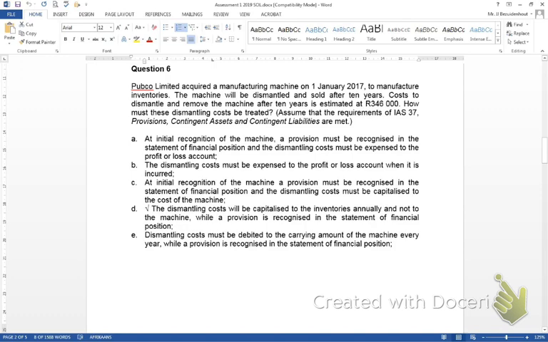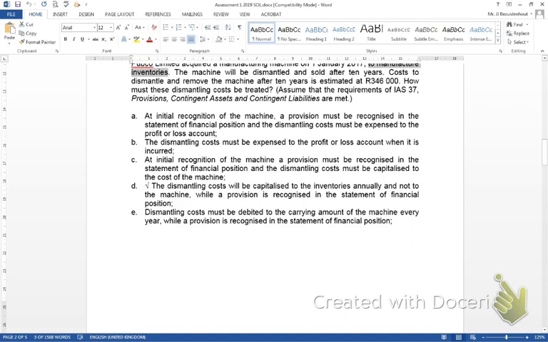Now, in this case, the question stated very clearly, Pubco Limited acquired a manufacturing machine on 1 January 2019 to manufacture inventories. Very, very important. Let's just look at that again. To manufacture inventories. For that reason, you cannot add the value of the amount that you've calculated to the original cost of the machine. You have to allocate that to the inventories, and that is why you have answer number